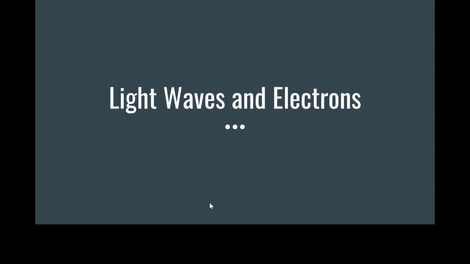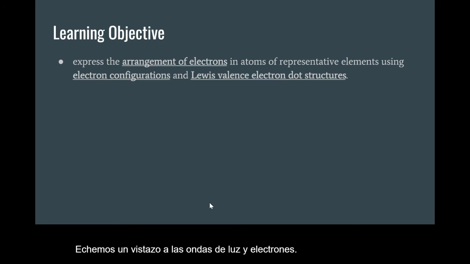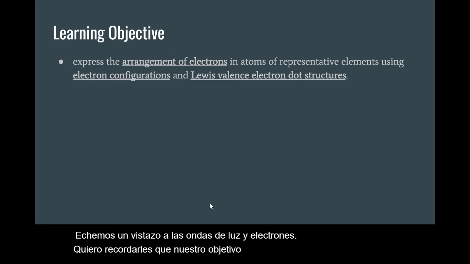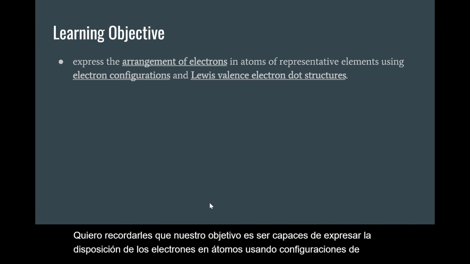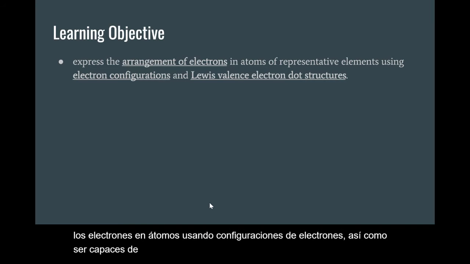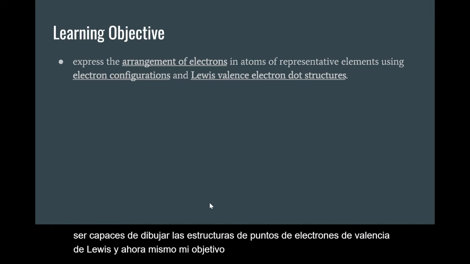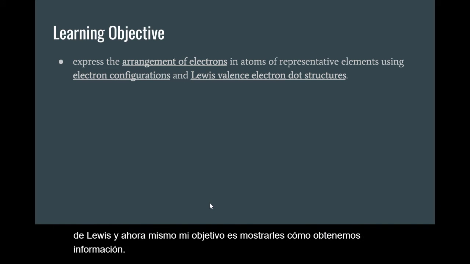Let's take a look at light waves and electrons. I want to remind you that our goal is to be able to express the arrangement of electrons in atoms using electron configurations, as well as being able to draw the Lewis valence electron dot structures. And right now, my goal is to show you how we get information about where the electrons are so we